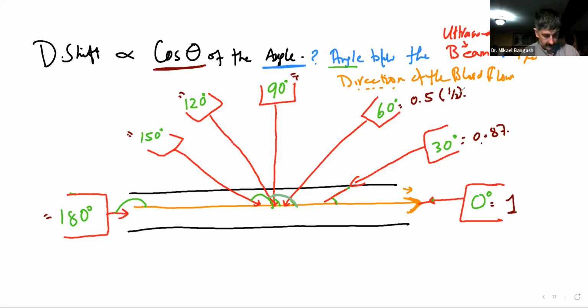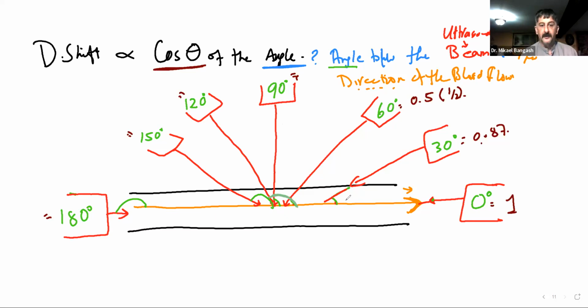Now, ladies, before we went for our break, I told you that a 90 degree angle was not an ideal angle for Doppler. A 90 degree angle between what? Between the ultrasound beam